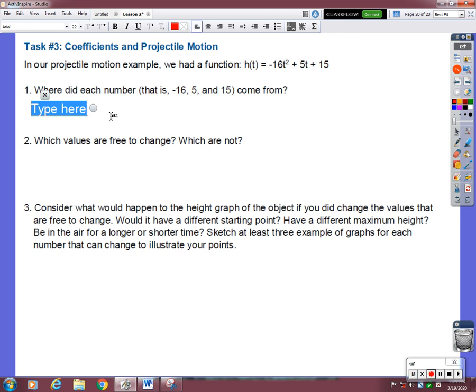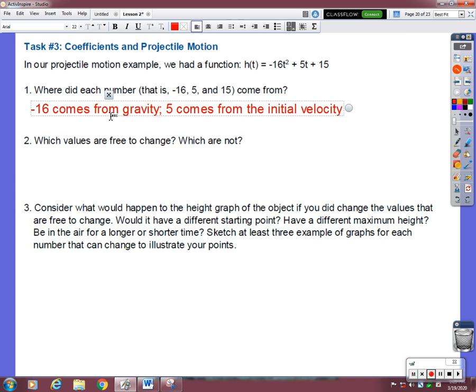So I don't know if you remember this, probably you don't, but the -16 comes from gravity. The 5 comes from the initial velocity of whatever is flying through the air, and the 15 comes from the height that the object